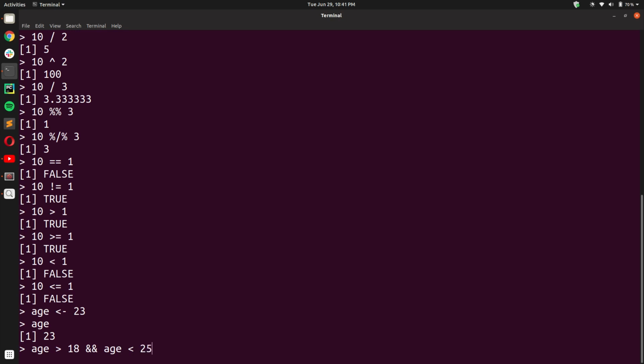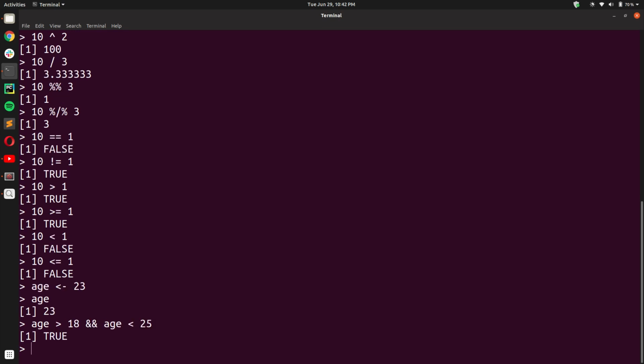I can do that with the help of the logical AND operator. So I write age greater than 18, which is true, and age less than 25, which is also true. So both the statements on the left and right side of this AND operator are true, and when we press enter, you'll see that I get true as output.